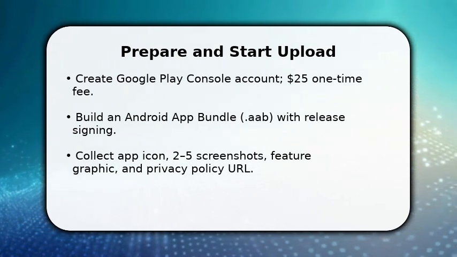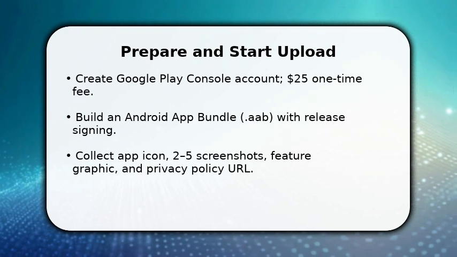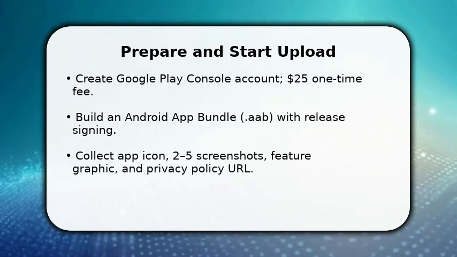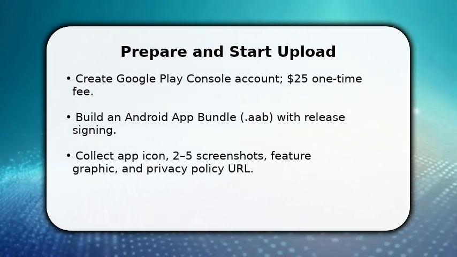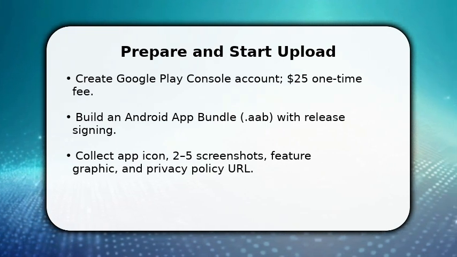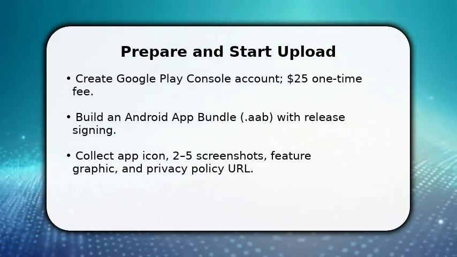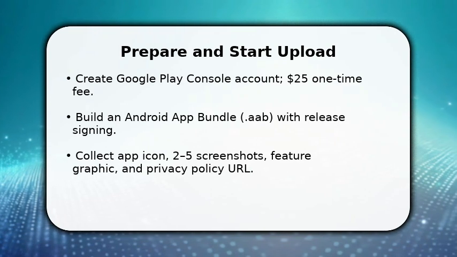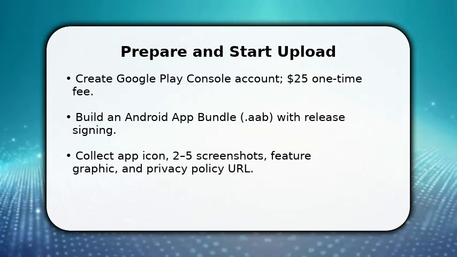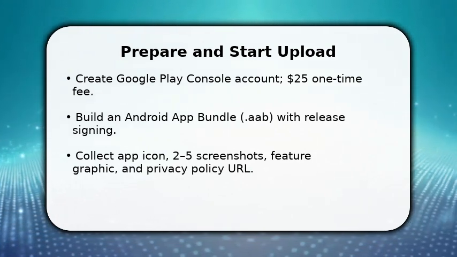Next, gather your assets: high-res icon, 2 to 5 screenshots, and a feature graphic, plus a hosted privacy policy URL because Google enforces privacy disclosures. Make sure your app targets the required API level, and that package name, version code, and version name are final